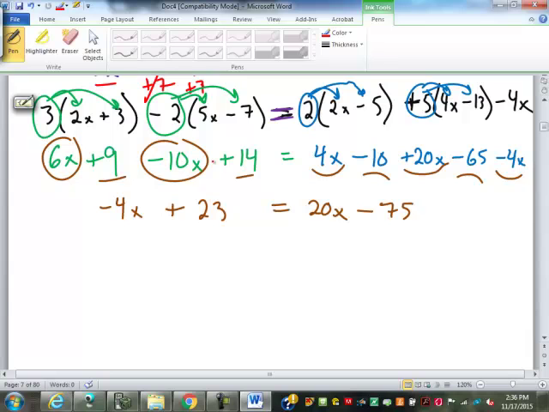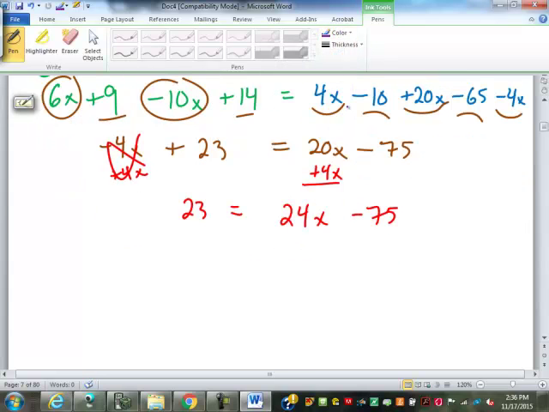Okay, yeah, we've got an x on each side, so we're going to get rid of the smaller one, which is the negative 4. So we're going to add 4x. Make that go away, leaving us with 23 here. Adding 4x on the other side makes that 24x and minus 75. And then add the 75. The 23 is already by itself over here. We got to get the x by itself, so we want to get rid of everything that's around the x. So we've got 98 equals 24x